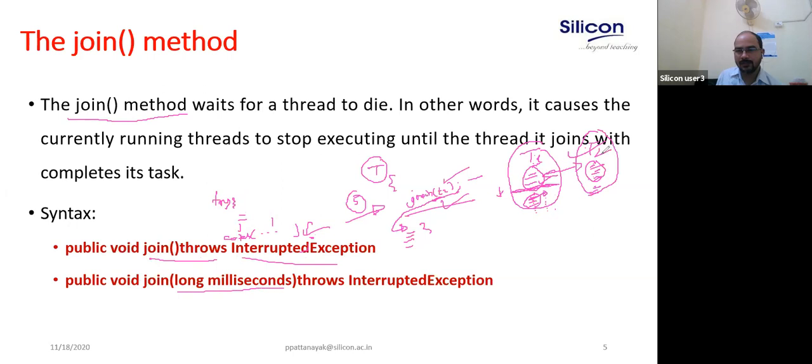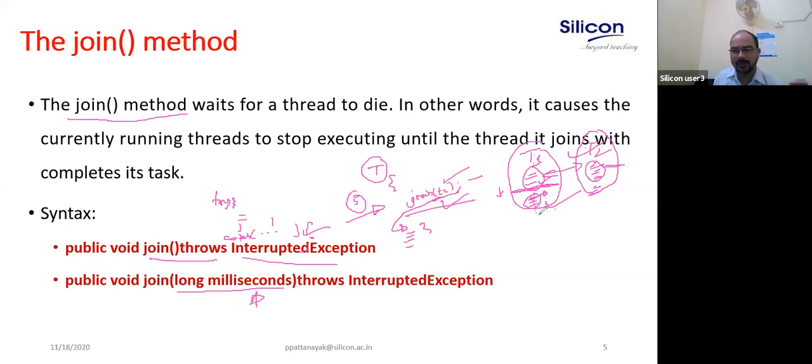Suppose T1 is waiting for T2 to complete. There are some scenarios where T1 is waiting for T2 and T2 is blocked or having some problem. So how much time will T1 wait? That time you can specify. You can say, I can wait a maximum of 10 milliseconds, not more than that.